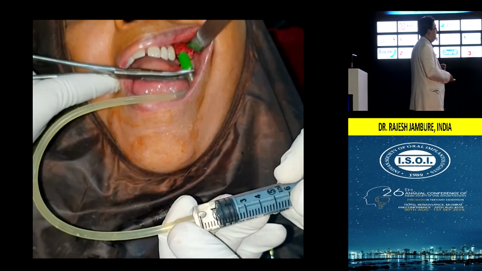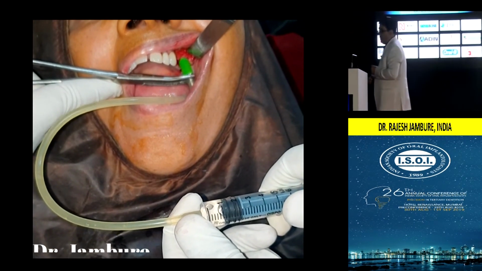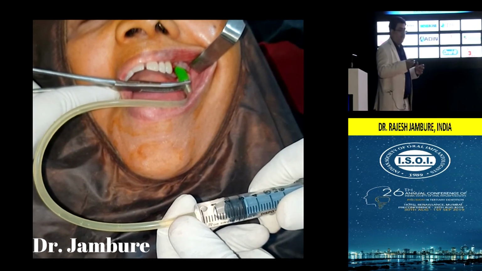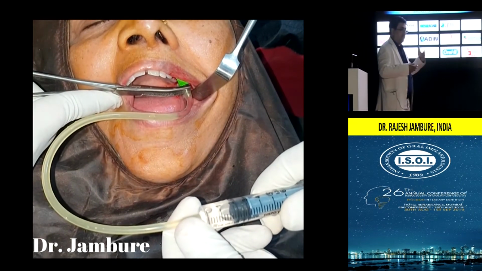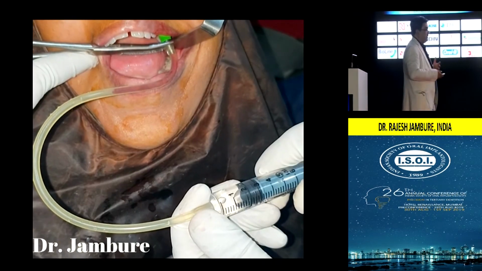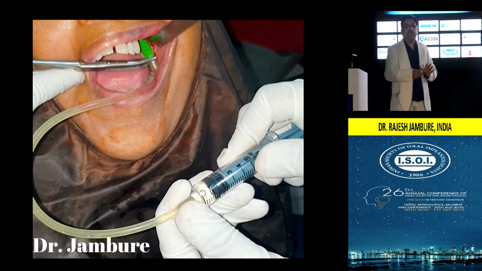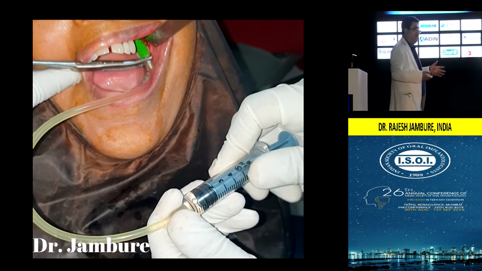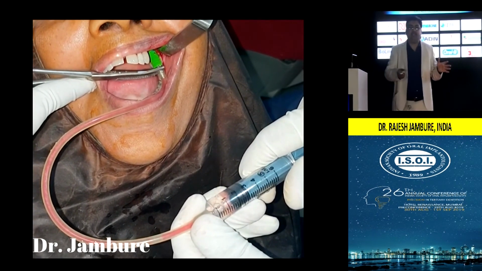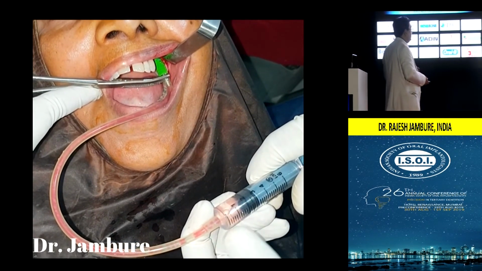Another similar thing we do in lifting the membrane: we push saline inside the sinus, 0.5, 1 cc and 1.5 cc, and we try to retrieve the saline. If blood-tinged saline comes out, that means there is no perforation. And if you are getting only bubbles, that means there is a perforation. So that's a tool to check whether there is a perforation in the sinus or not. It was done on both sides.